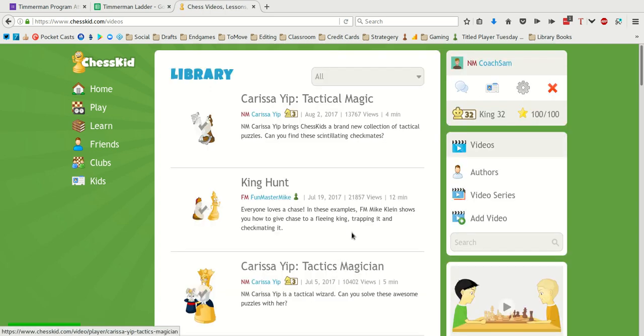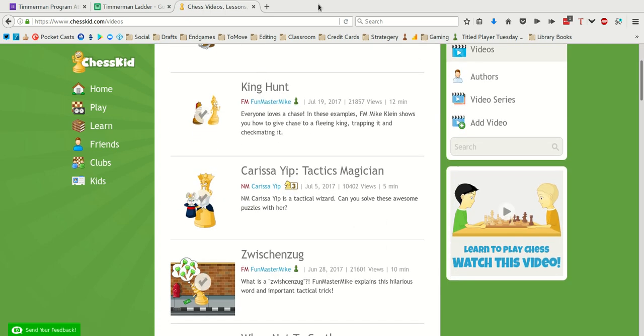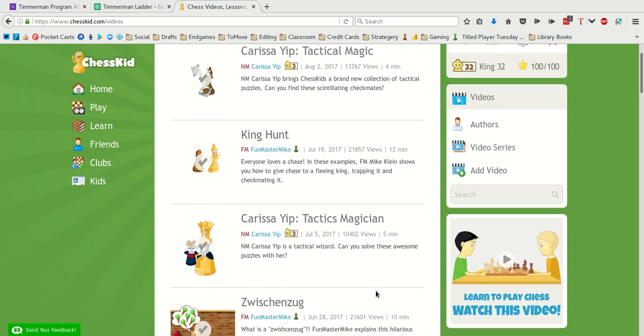You might also just go to the library and select something relatively new that the kids may not have seen before. I sent out an email earlier that has a link to a ChessKid video guide. And if you just Google ChessKid video guide, it will come up. That lays out about 70 videos starting at the very basics and covering how the pieces move all the way